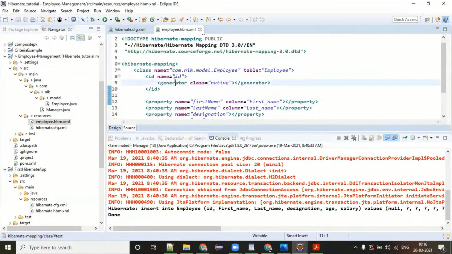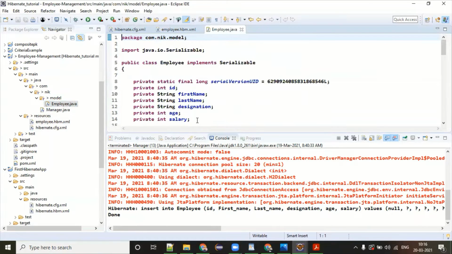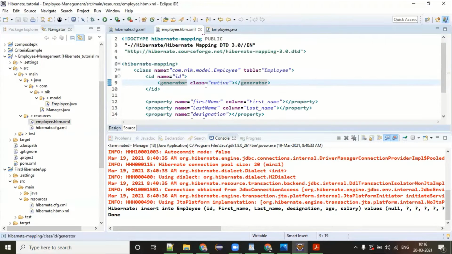In this section, I have one Employee.java where I have lots of properties. I want to make this ID a primary key. That is the reason I have given another section, ID, and Hibernate provides many generator classes. As we know, primary key values are unique and not null. This is the database constraint.